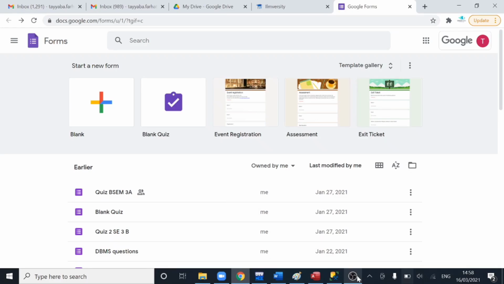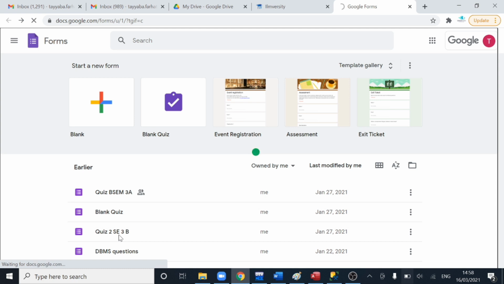In today's session, we are going to see how you can create Google quizzes using Google Forms. That is a very easy technique to do so because you have so many options available with Google Forms. So I am going to start you with a demonstration of a quiz that I have made for my own class. That was a very easy to make quiz for me.